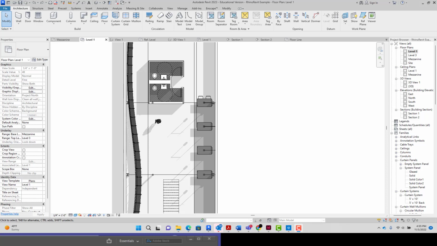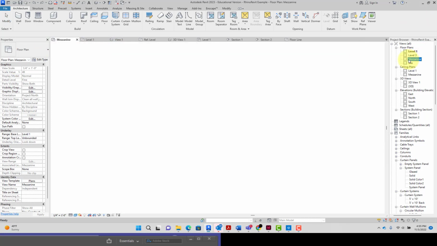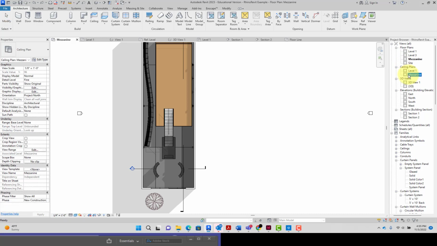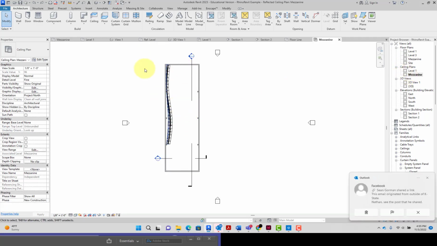So the next thing I want you guys to do is be able to denote on your floor plans where you have an overhead plane. I'm definitely going to want you to do that for each of your levels. Right now, for me, I really only have something going on in the mezzanine. Now, likely for you all, you should be at this point probably designing something also going on in the next